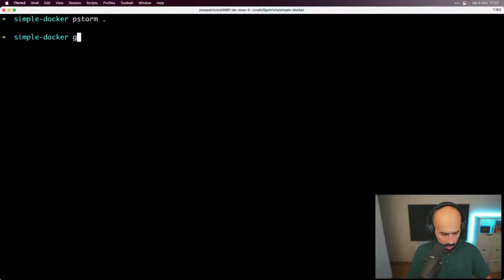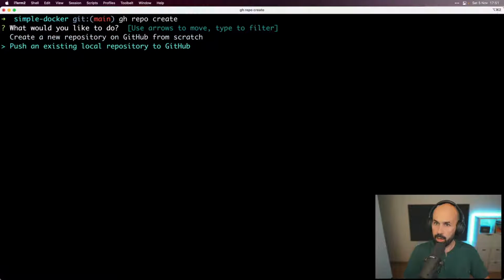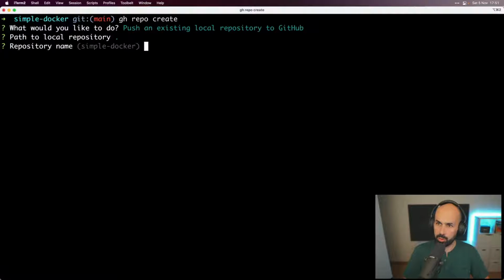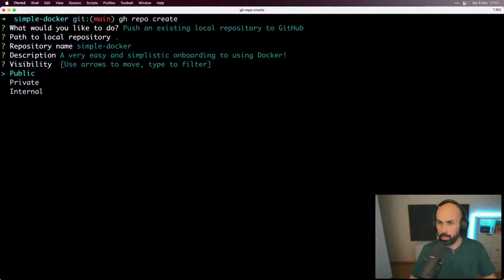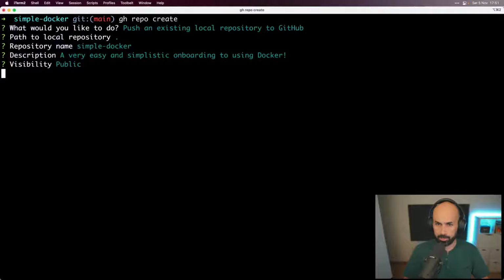And I'm just going to start the repo. Okay, initial commit. GitHub repo create, and it's going to push this repo to the GitHub repository. So I'll copy the description for this and we'll make it public, of course.